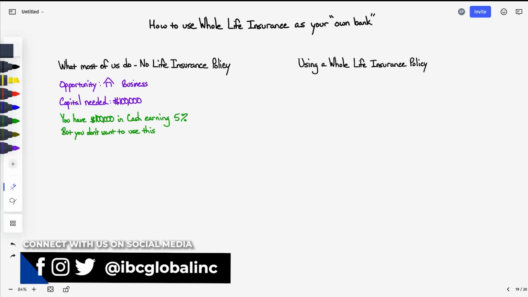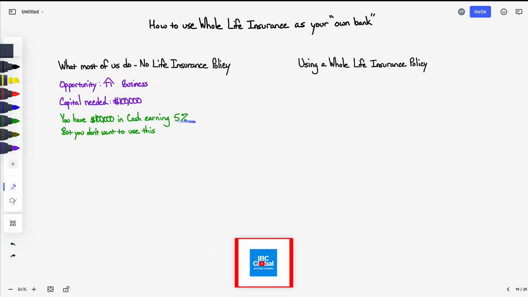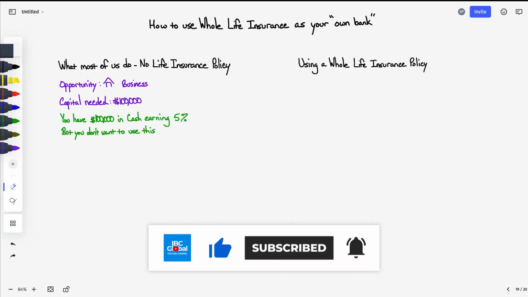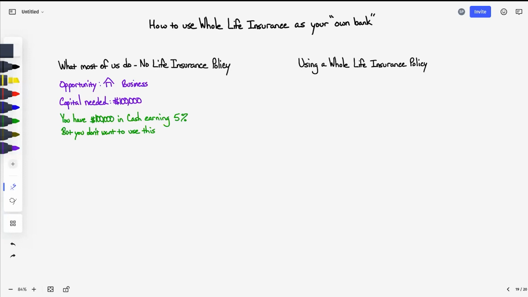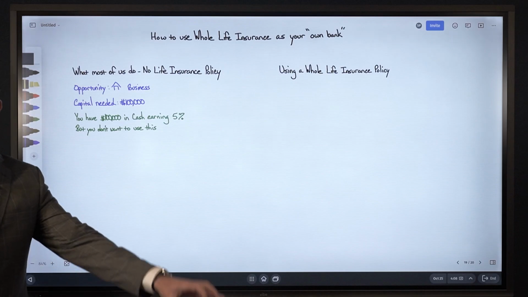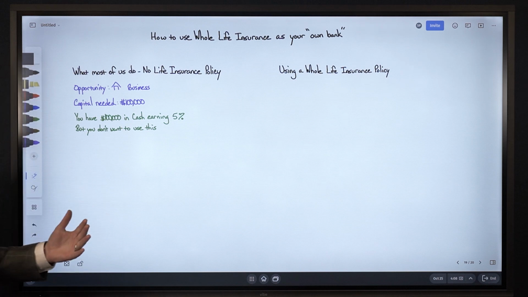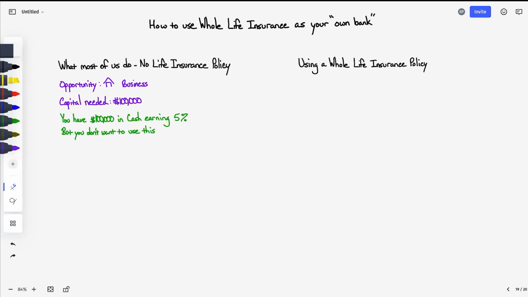Okay, now you have, in this example, $100,000 in cash. We can pretend this is in checking or savings, and this is earning 5%. The interest rate could be whatever, depending on what year you're watching this video. But again, we're assuming you've got money in cash, it's earning a return, but you don't want to use this. Maybe you like to keep a certain amount of money on hand, just in checking and savings, or you're looking at this and saying, hey, I'm earning interest here, and if I pull money from my bank account, I'm no longer earning the 5%, and I'm not quite comfortable with doing that. I want to keep a buffer there in cash.